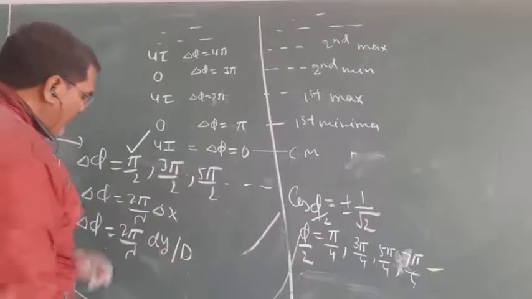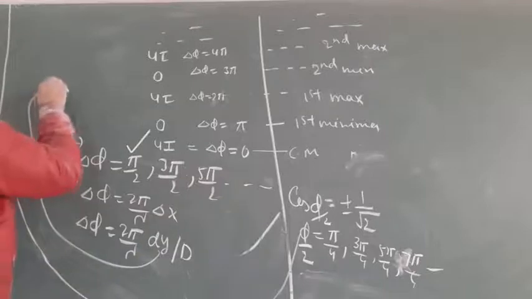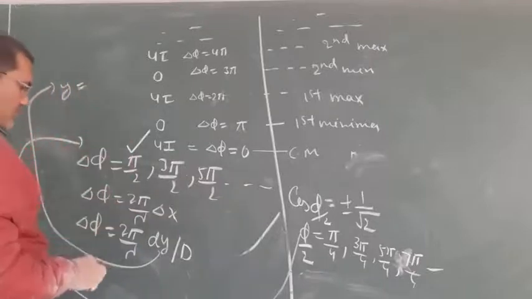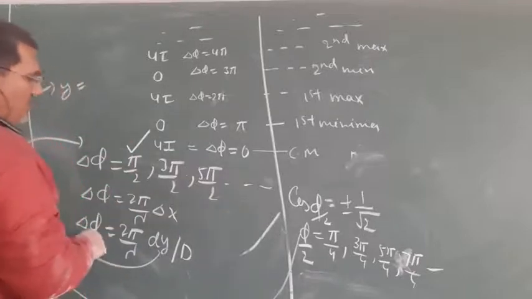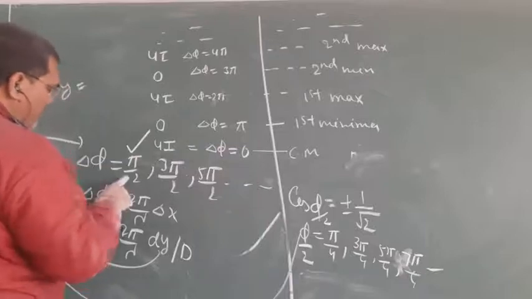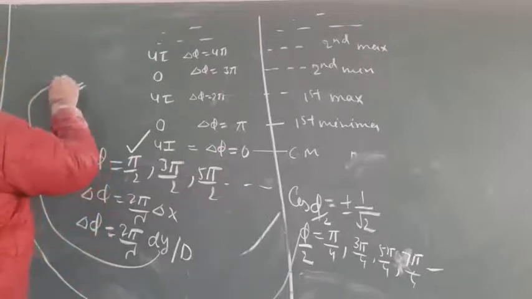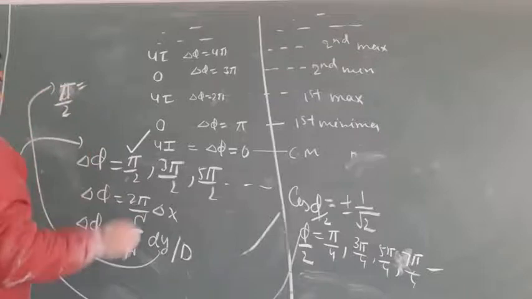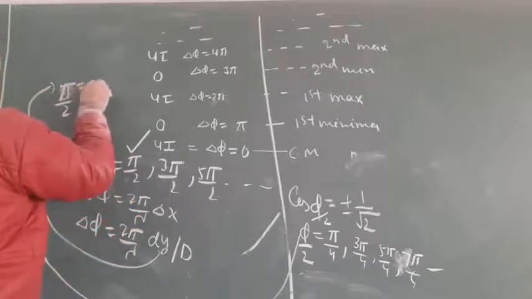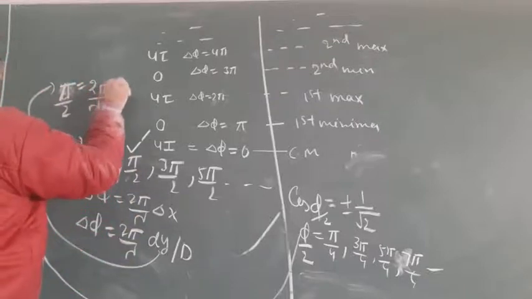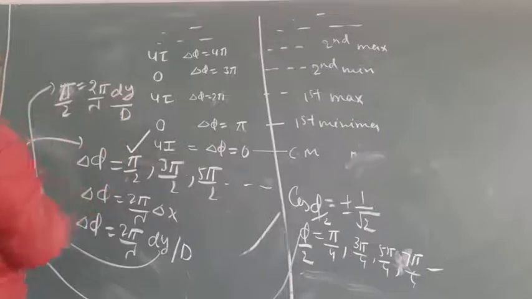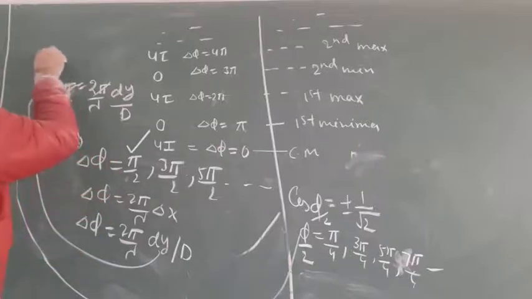So we have to find y here. Delta phi equal to pi by 2. So pi by 2 equal to 2 pi by lambda into dy by D. So pi is cancelled out. So y will be